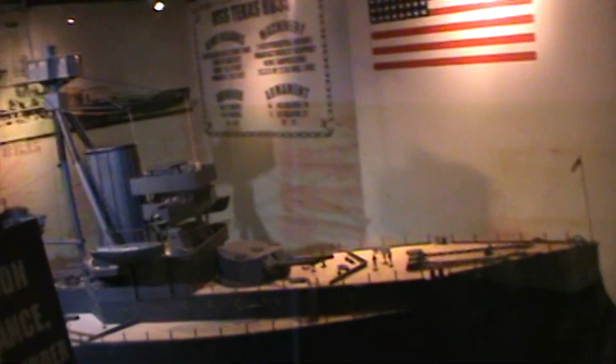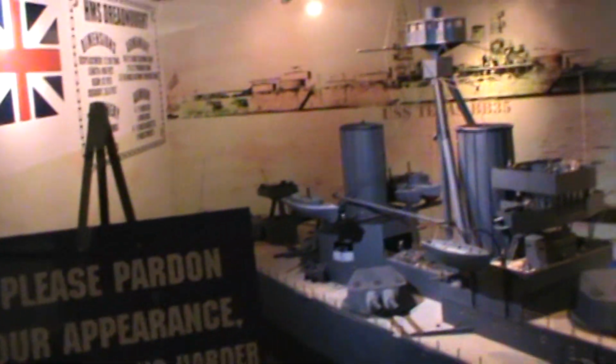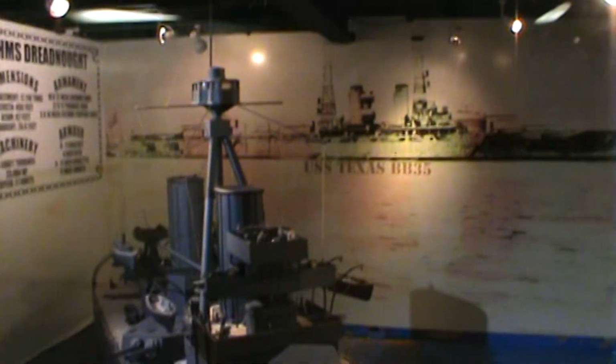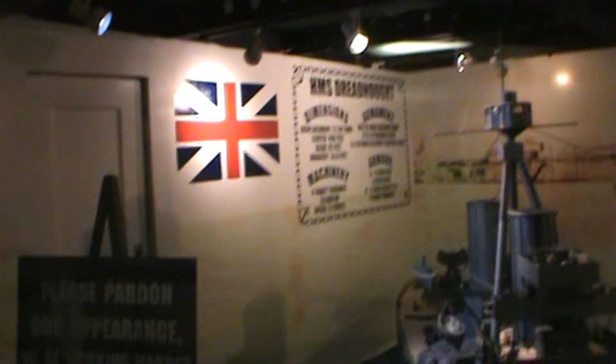HMS Dreadnought, an 18,110-ton battleship built at Portsmouth Dockyard, England, represented one of the most notable design transformations of the armored warship era. Her all-big gun main battery of 10 12-inch guns, steam turbine power plant at 21-knot maximum speed, so thoroughly eclipsed earlier types that subsequent battleships were commonly known as